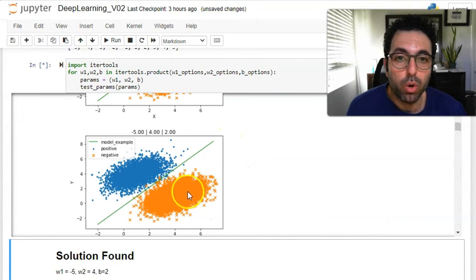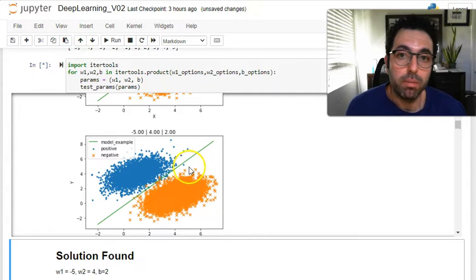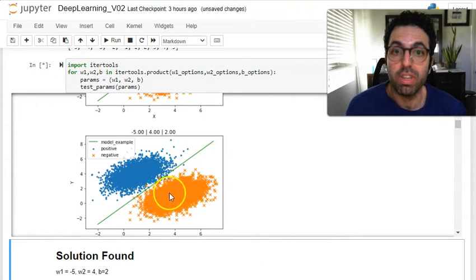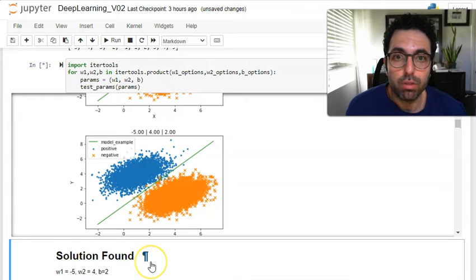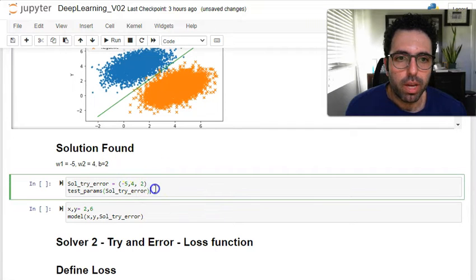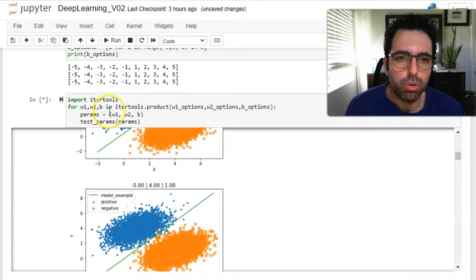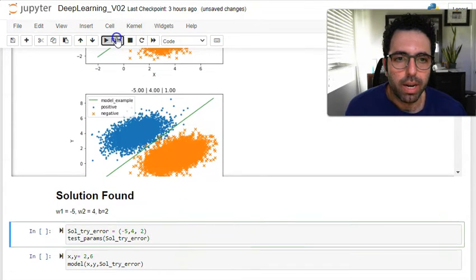So let's actually go with this one as a tentative solution. It's not a perfect solution, but it's a tentative solution. Let's go with this one as the solution that we come up with by trial and error, visually, right? So this is our solution that we found, and we can go ahead and cement it by representing it one more time. This is actually still waiting for these loops to finish. As we've already found something that we want to work with, let me just stop this and come here and